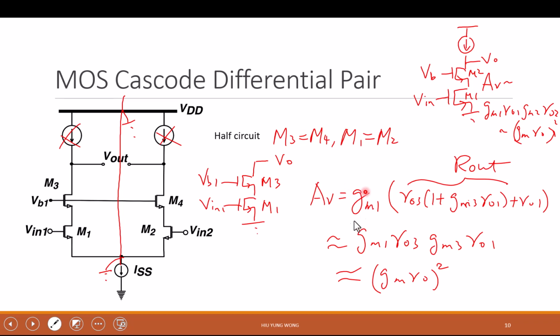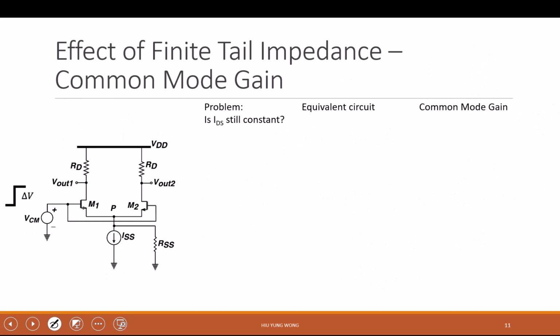Yeah, we can put negative. So again, because it's a differential pair, I don't care whether it's positive or not. But maybe I should put negative so those students who did not come won't feel confused when they read the note. Okay, is that okay? Okay. So now we are going to a